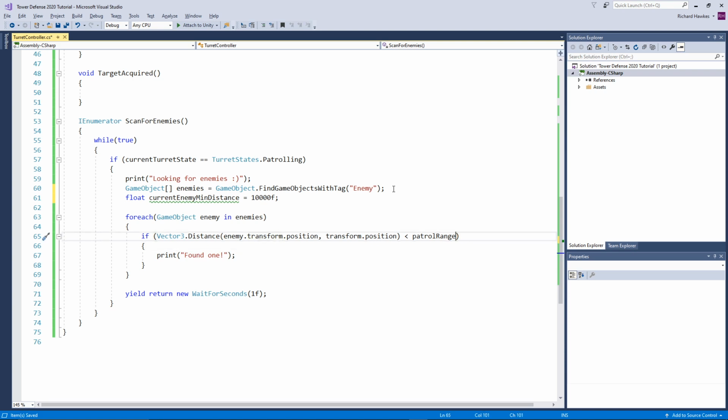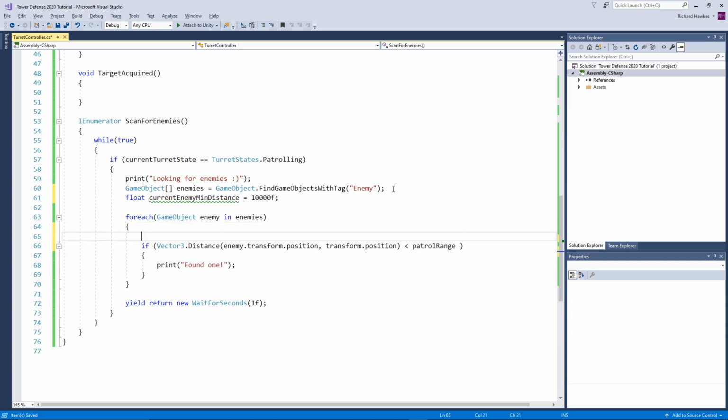Right, and what we can now do is say something along the lines of, well, let's actually assign that to a variable. We're going to say vector3 float distance to enemy equals, and we'll just grab this here. We're going to take it out straight away. And then now here we can say